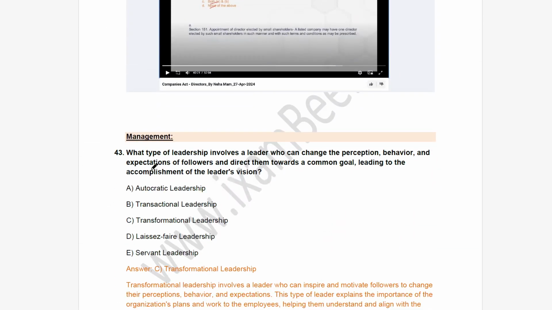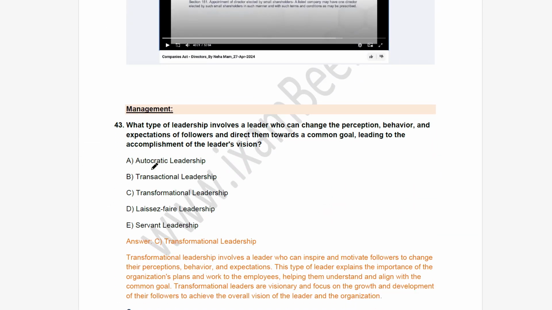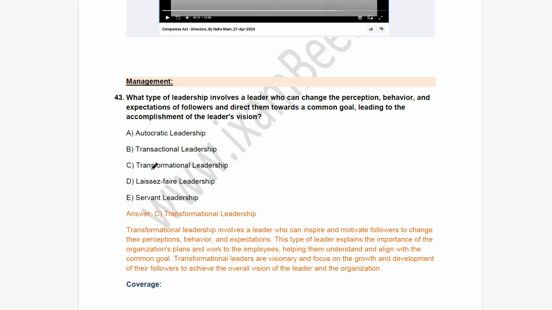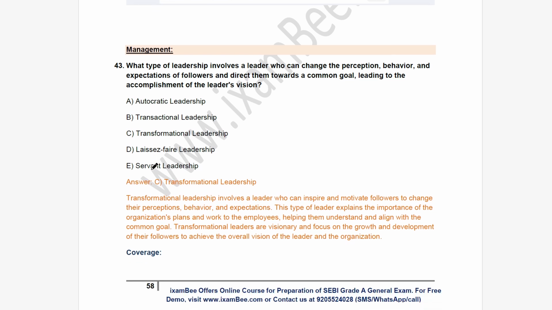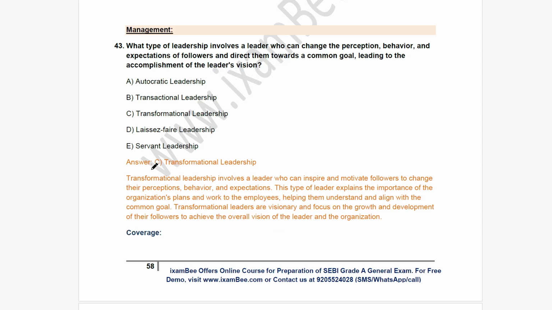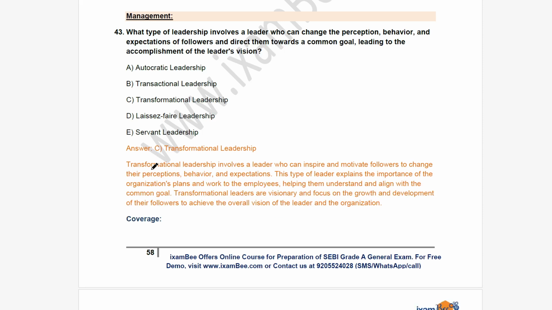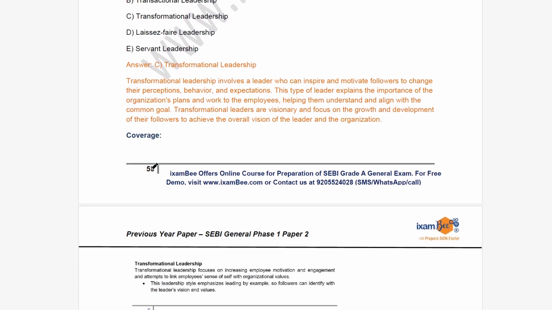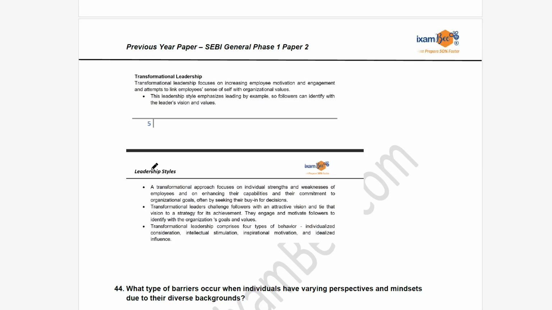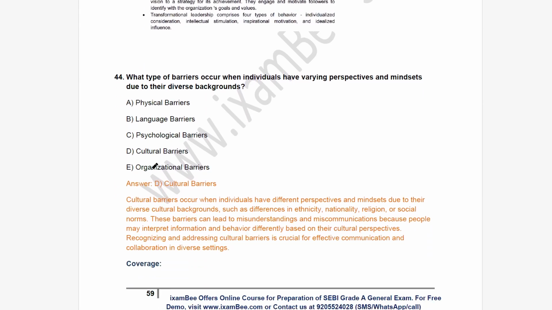Okay, coming to the last segment, the management. Direct questions were there, not too much twisted questions, I will say this time. What type of leadership involves a leader who can change the perception, behavior, and expectations of followers and direct them towards a common goal? The answer is transformative leader. Transformative leader shows the bigger vision to the people and leads by example, right? So these were some keywords you had to look for, and you would have been very easily be able to